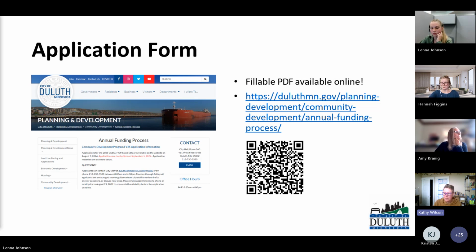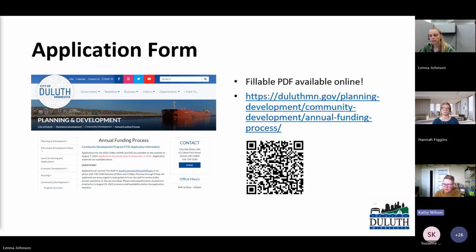But so you go to the website and there's a couple really important things. So there's the fillable application document, a fillable PDF that's the application that you're going to be submitting. Just a reminder, make sure you download it and save it before you start filling it out so that you don't